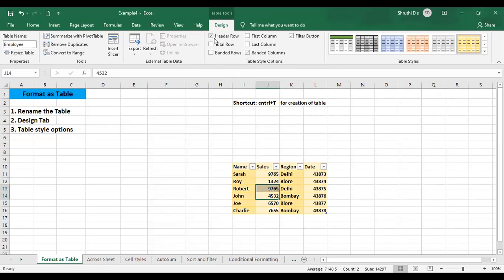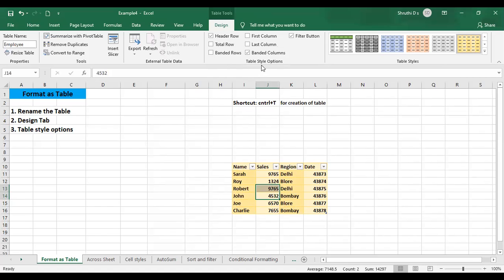Okay, so now Header Row is available. See this Header Row, once I created my table itself, I had clicked on it, right? I wanted my table to have a header row, so that is why I had already clicked on it. If I just uncheck this, as you can see, the header itself has gone, right? Once I check it back, you will get the header back.